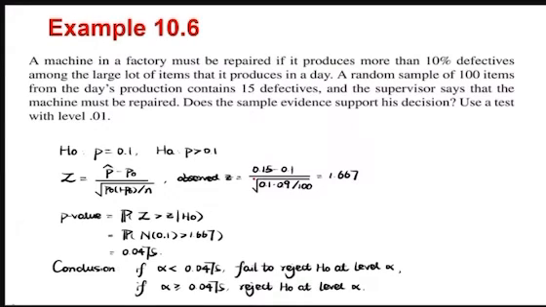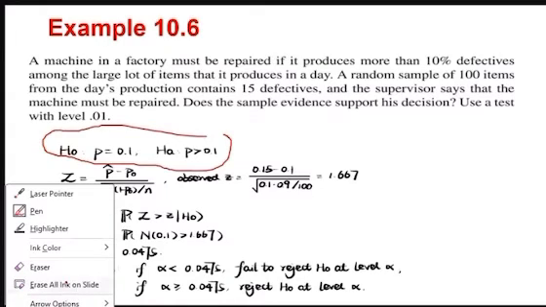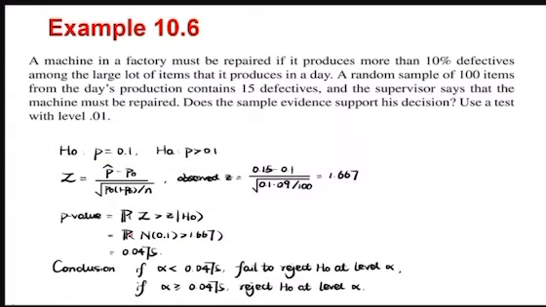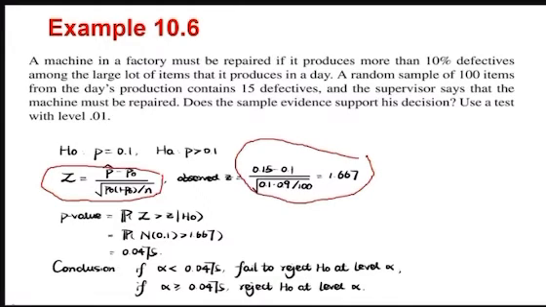The hypothesis under investigation is that p is greater than 0.1, because the supervisor believes the percentage of defectives is more. Of course, we know that this follows a binomial distribution, and I've walked you through that. You try to find the Z statistic, and that gives you 1.667. The alternative way, what we did the other time,